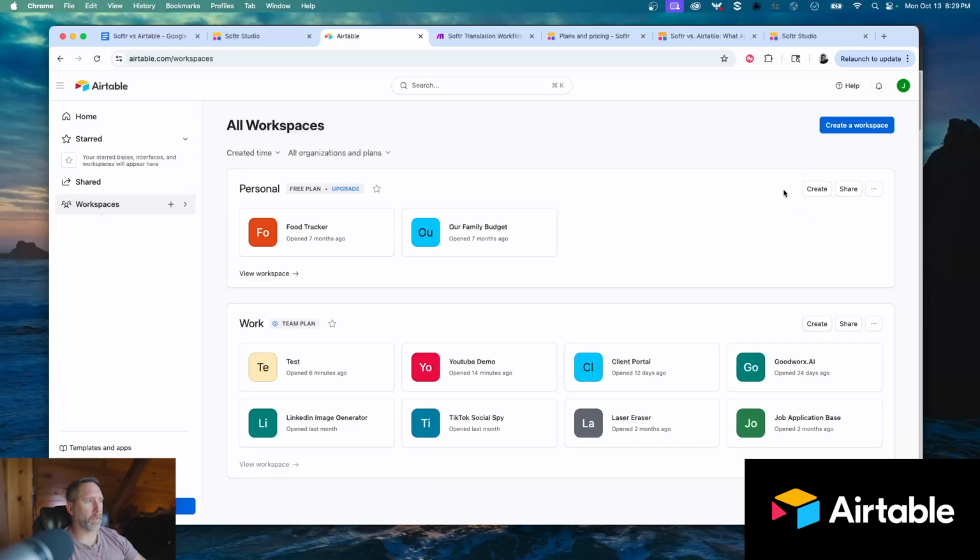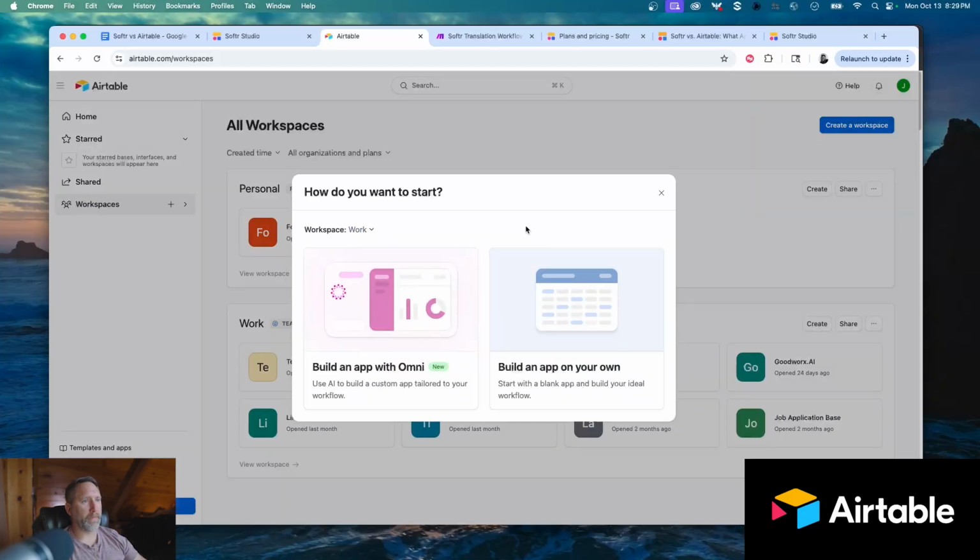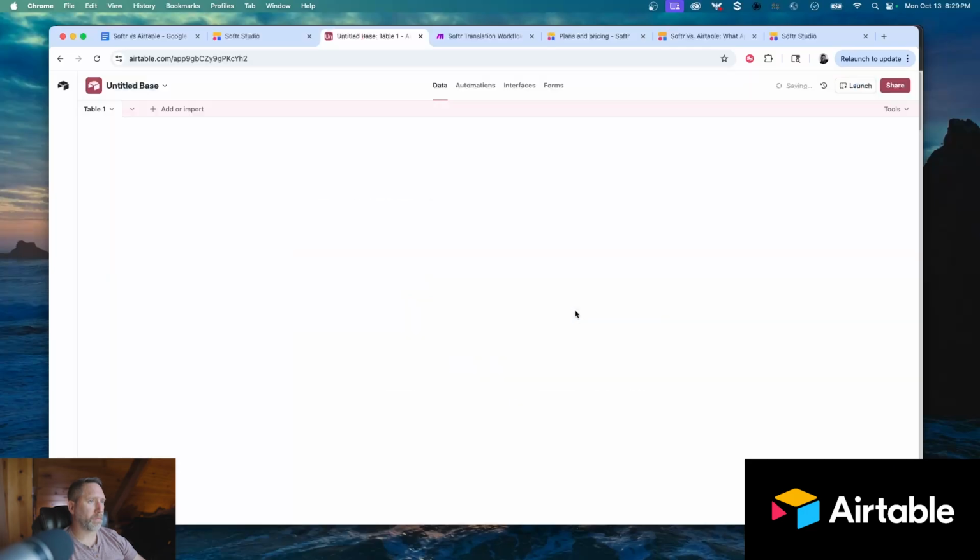So I don't want to create a new workspace, but I do want to create a new database. So all I have to do is click on the Create button. And I have the option here to allow their internal AI tool called Omni to help me build an AI or to help me build a database, or I can choose to build one on my own. So for example, if I click on the one on the right,